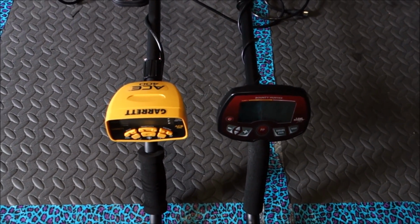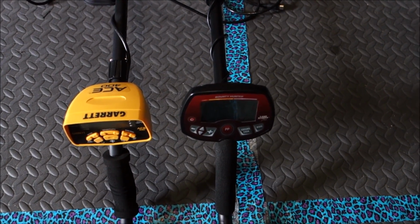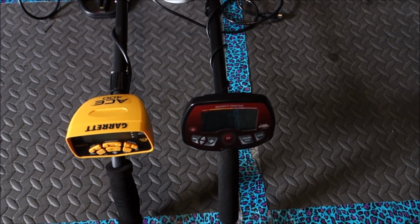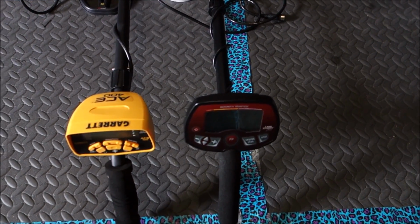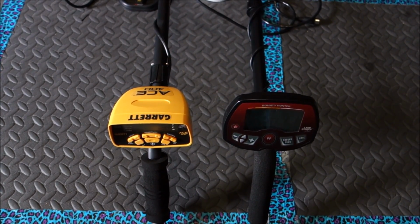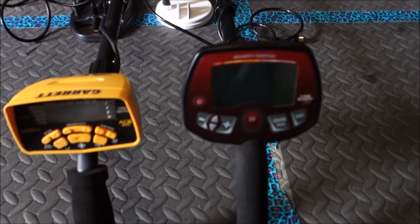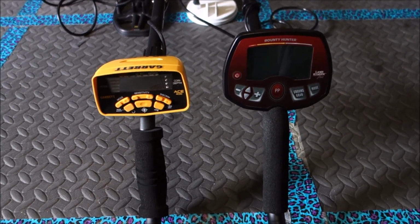But build quality, I definitely prefer the Garrett over the Land Ranger Pro, and the Land Ranger Pro doesn't feel cheap. It doesn't feel like a toy or anything like that. It's just that the Garrett is built very nice. I definitely prefer that. Volume, the user, the guy, you know, Bo Winkles from Treasure Net, can't thank him